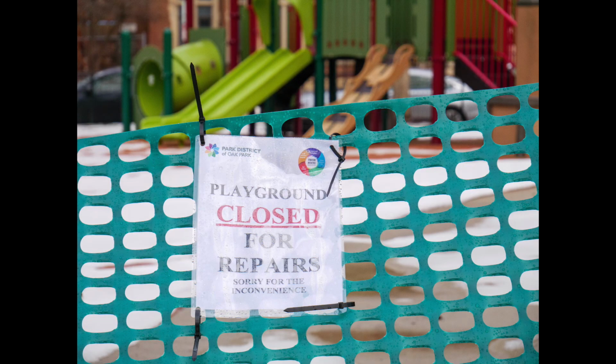Next one, I don't even remember taking this, but this is a local playground here in Oak Park, and it was closed for repairs, and I just shot the closed for repair sign. Now, signs sell. I mean, that one's kind of a boring sign, but for some reason it sold, and it brought in $125 gross. Again, I get 40%. Cool. This next image,